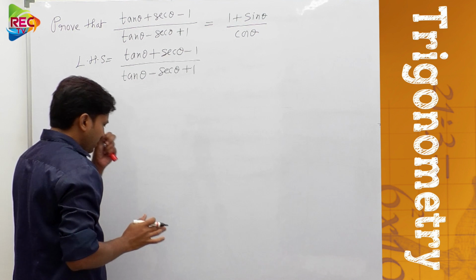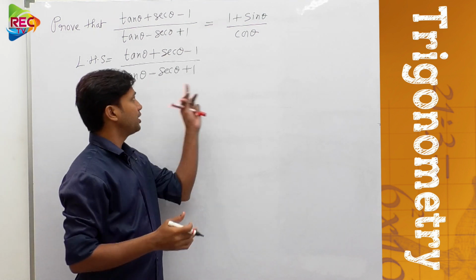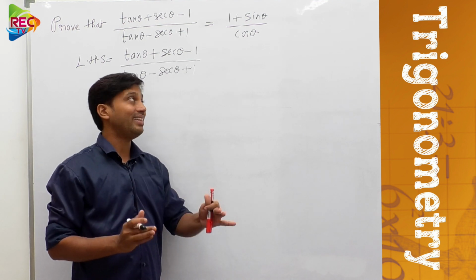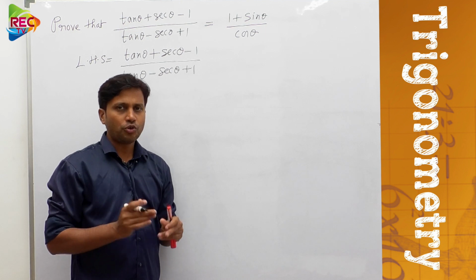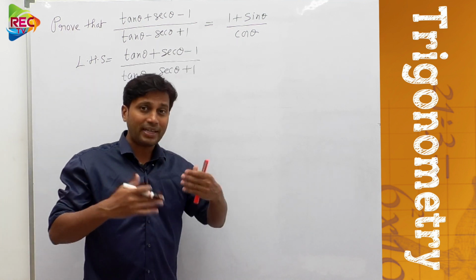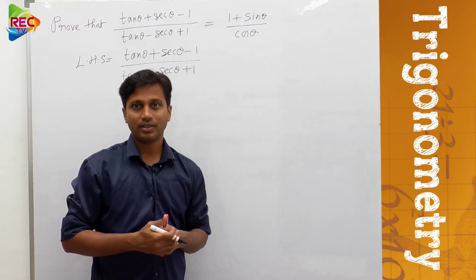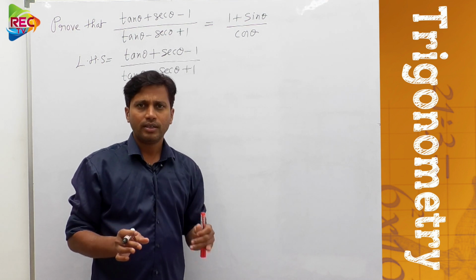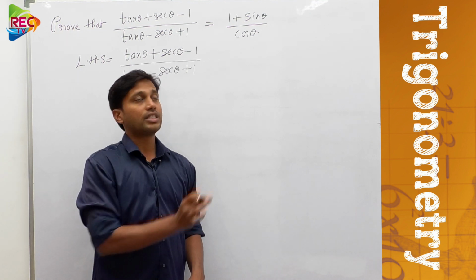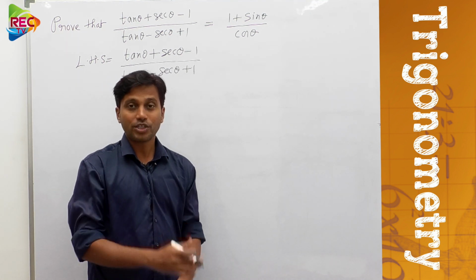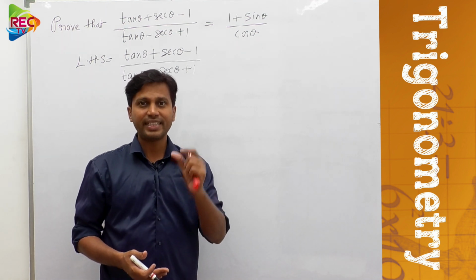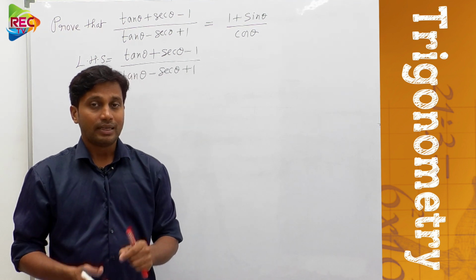Now here a lot of students will get confused while doing this problem because they don't know what adjustment should be done among the terms. Actually, if you think in a complex way, you don't get it. It's not a difficult problem at all. Just a small adjustment is needed. If you get that idea, you can solve it within a fraction of seconds. The basic idea is very small. So how to solve it?